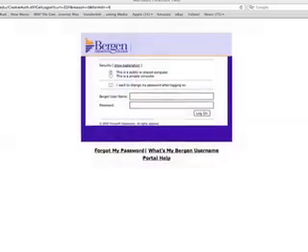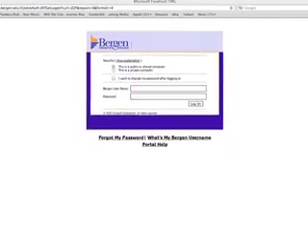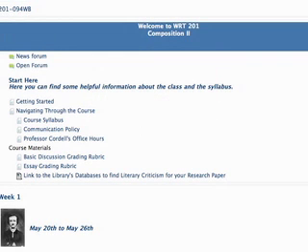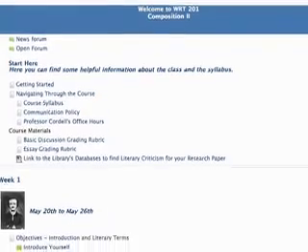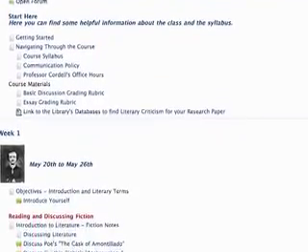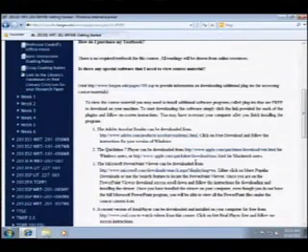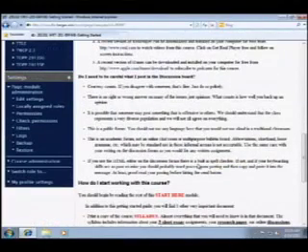When you first log on to the course, most professors are going to have a Getting Started guide. In this Getting Started guide, you'll find important information such as how to purchase your textbook if your professor is using one, any special software that you might need in order to open certain programs and access certain tools. And it will also typically have information about how to participate in the course. For example, it might contain information about the way that you should participate in discussion forums.